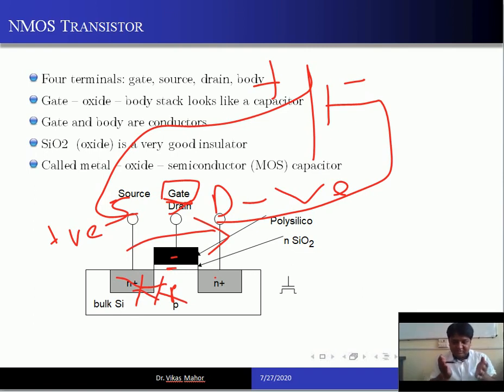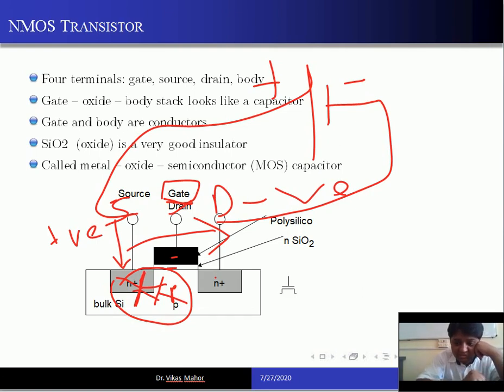So this is how a diode is formed between the N-type source and the P-type substrate. What happens when you apply a positive electric field to it? You are applying a positive voltage to the negative terminal, that is, the cathode of the diode. Look clearly. You are applying a positive voltage at the cathode of the diode. This is the cathode, na? Negative terminal.